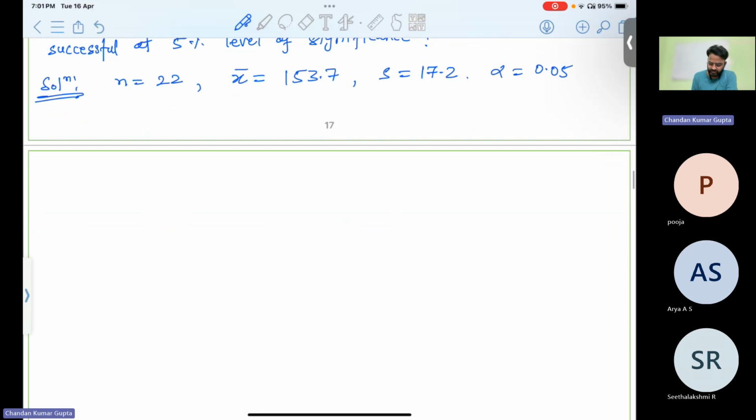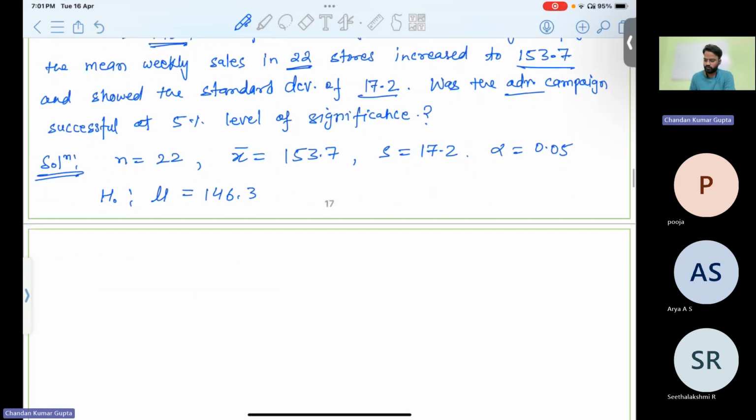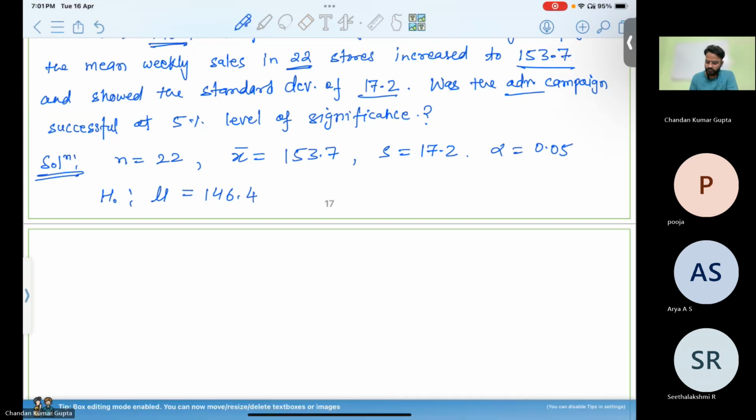So our hypothesis is H naught: mu equal to 146.4, against the alternative hypothesis